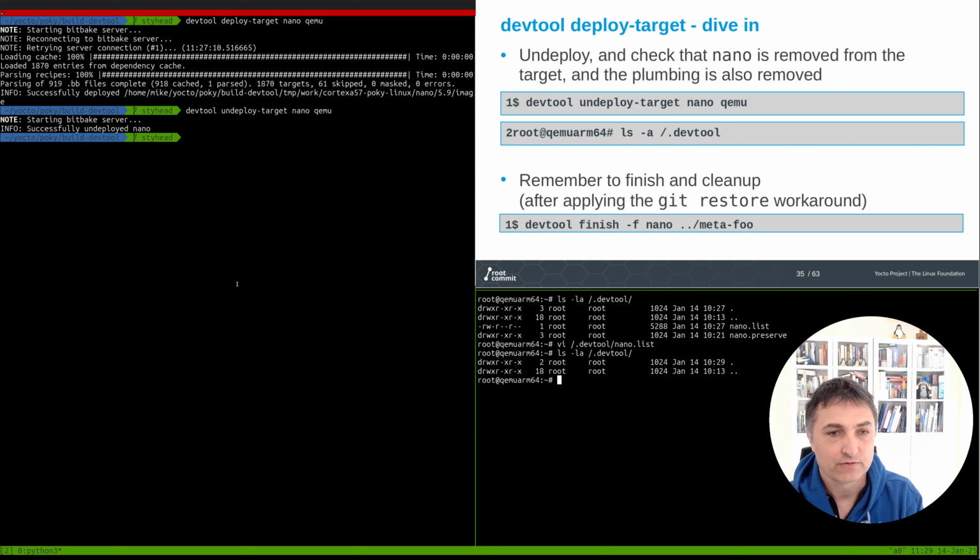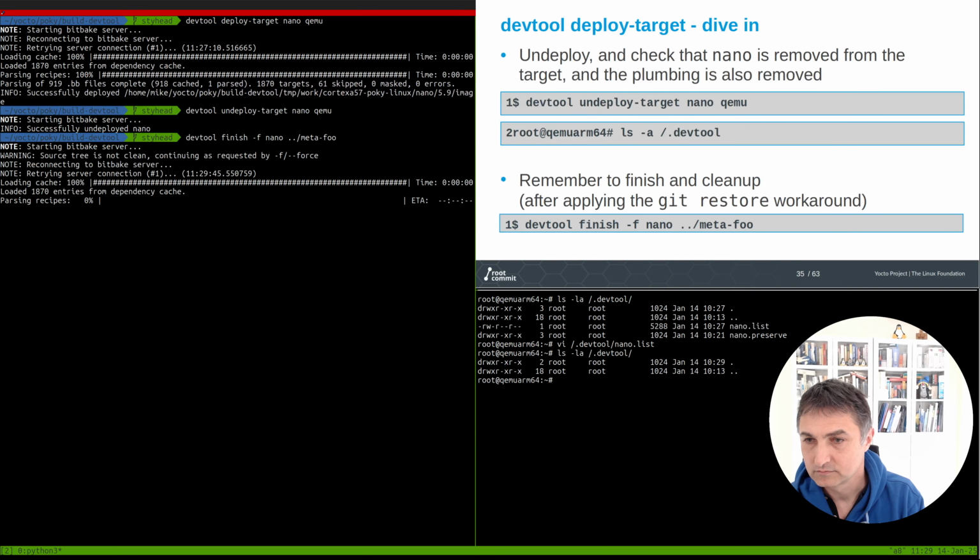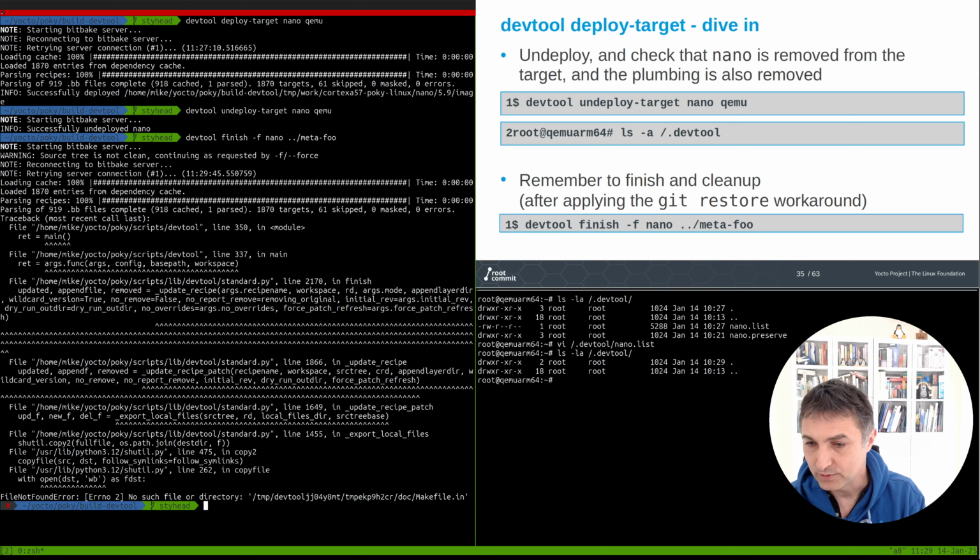Of course, now we want to finish our work and store our 5.9 Nano recipe in our metafoo layer. So let's do what we did before. So we can try Devtool finish, but we are very likely to hit the same problem as before. Metafoo. Wait, same problem. So let's move to, if you remember, the workspace, sources Nano,